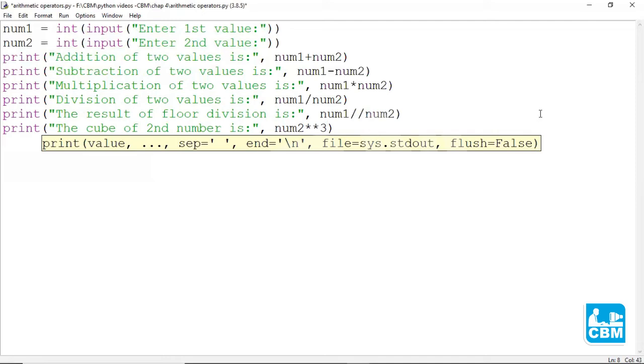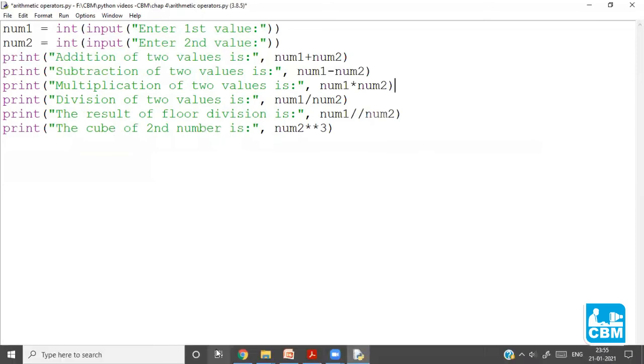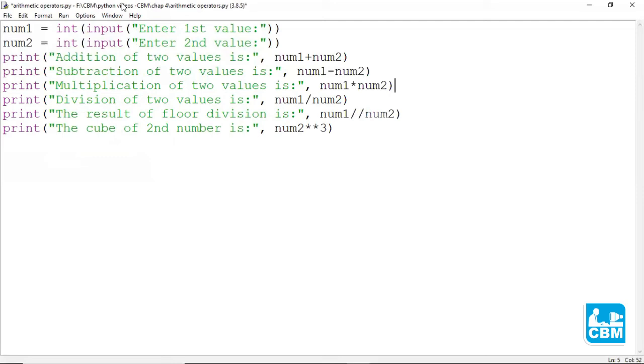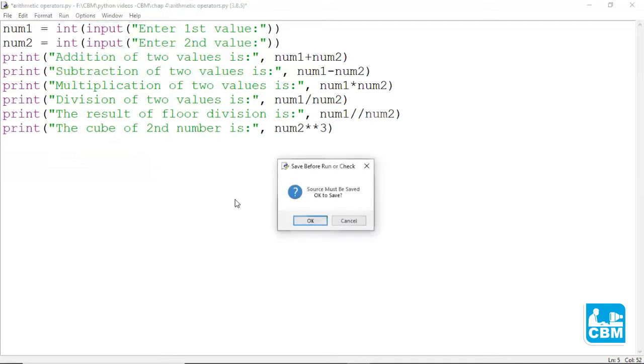So this will give us the cube of the second number, which is nothing but our num2. Now let's see what results we get after running this code. Go to run and click on run module. Click on OK.